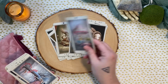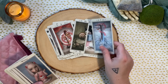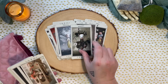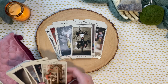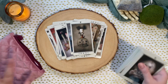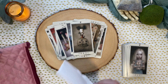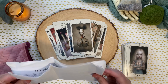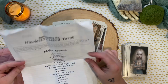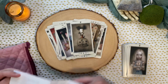I touched on it here and there, but it wasn't an extreme amount. And I find that if I'm not doing that, if I'm not working with some sort of shadow, then I don't use this deck very much. I did watch Dawn Michelle's video at Boho Tarot, for those of you who don't know, who restructured the Nicoletta Ciccoli, which is why I have this printed out and shoved in there, because I am